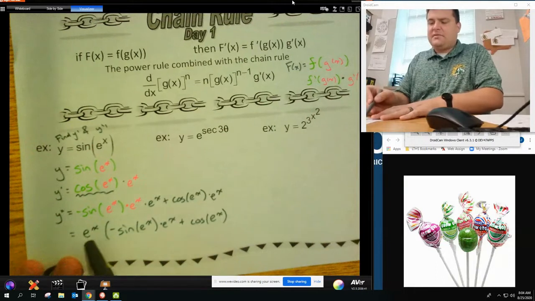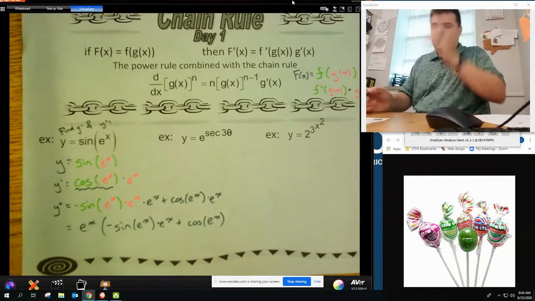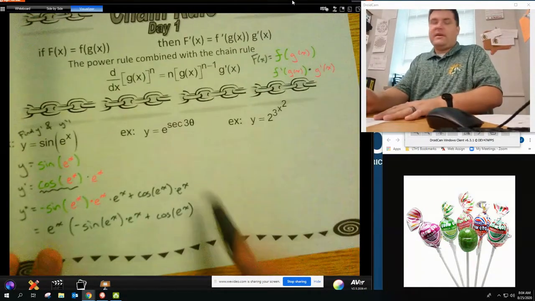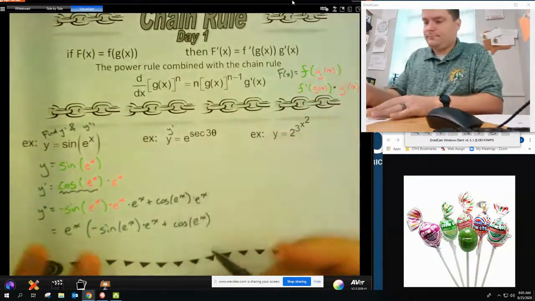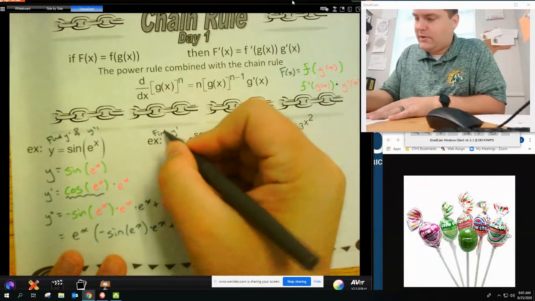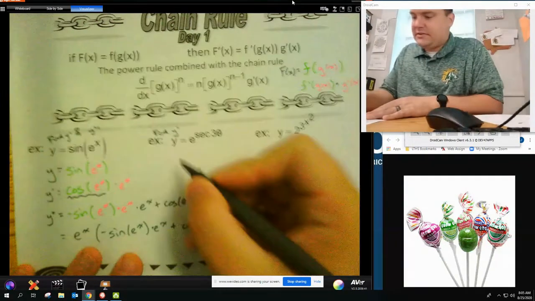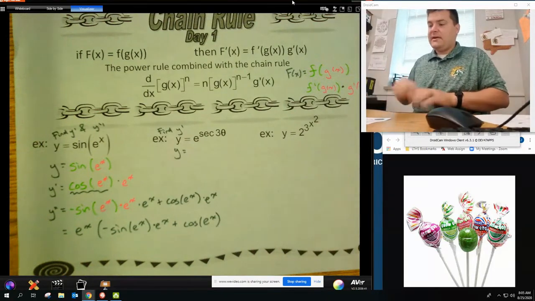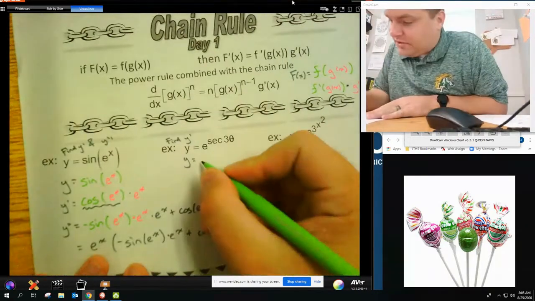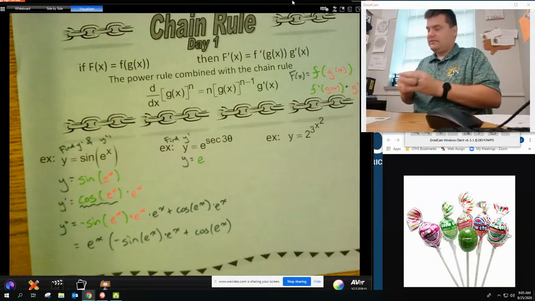Again, I didn't have to do this part, but I just did for giggles. All right, moving on here for this next one, we'll just find y prime. So let me rewrite this so that we can color code this, because I have two functions. I have my outer e function. So it's going to be e to the